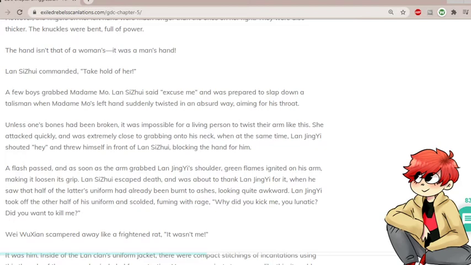Inside of the Lan clan's uniform jacket, there were compact stitchings of incantations using thin threads of the same color, included for protection. However, against strong ones like this, it could be used only once before it became invalid. During the emergency, he could only kick Lan Jingyi and use his body to protect Lan Shizhui's neck. Lan Jingyi wanted to scold him again, but...